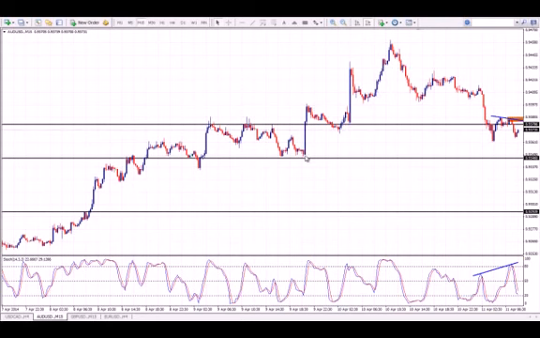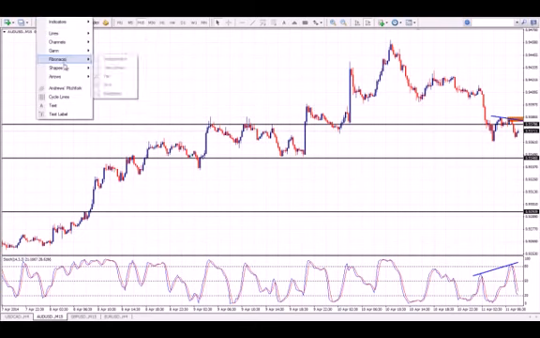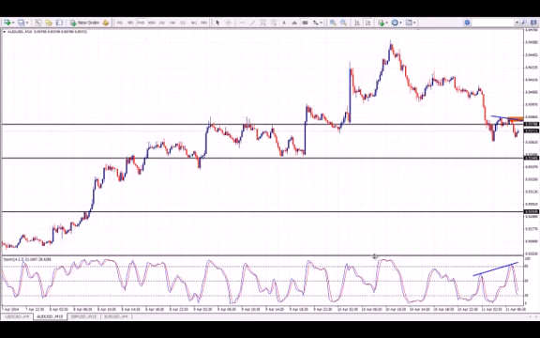When we are in an uptrend, we are making higher highs and higher lows. Okay, when we get an extreme overbought signal,